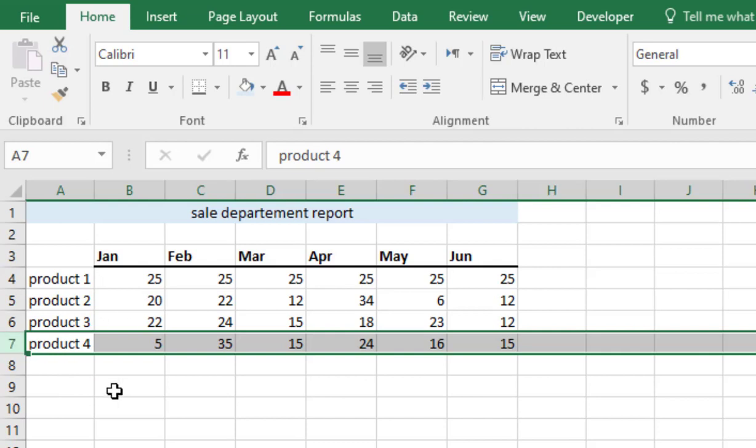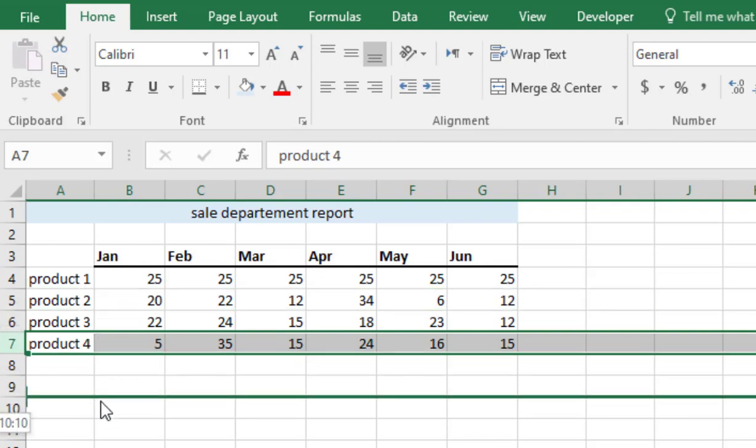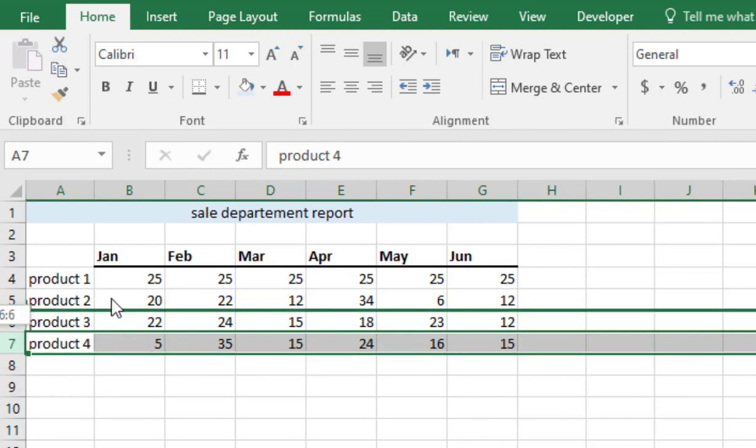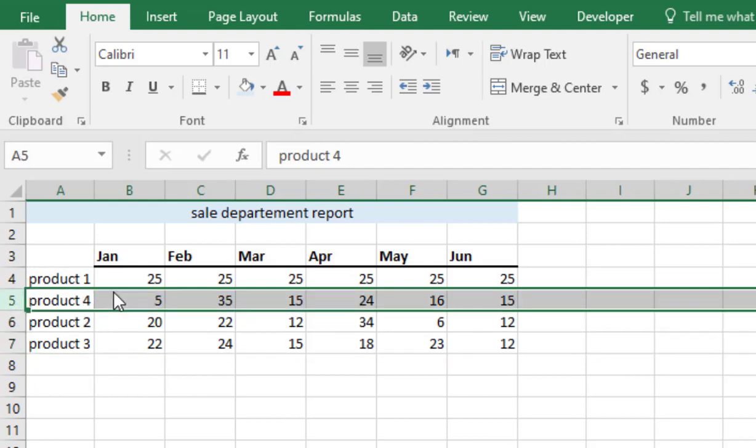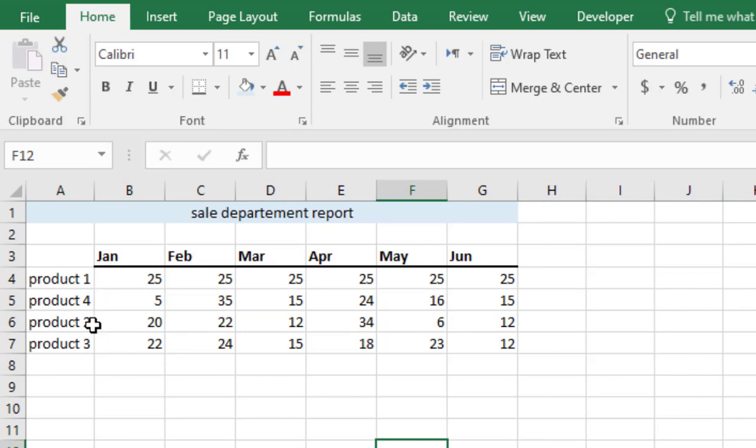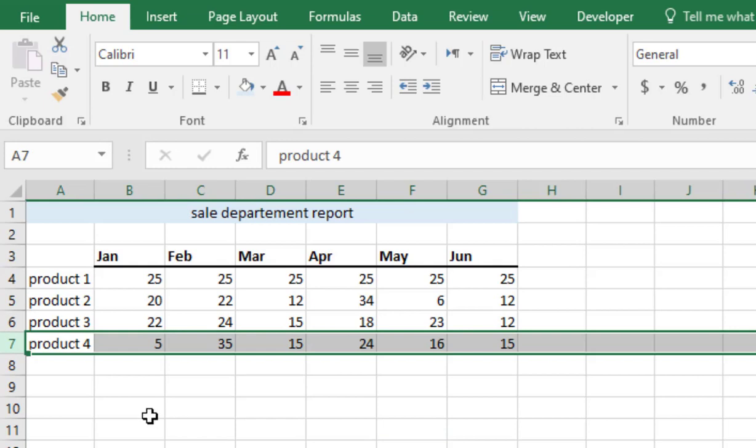So while you are moving it, now you have another option to do this as well. If you don't want to use this combination, just right mouse click